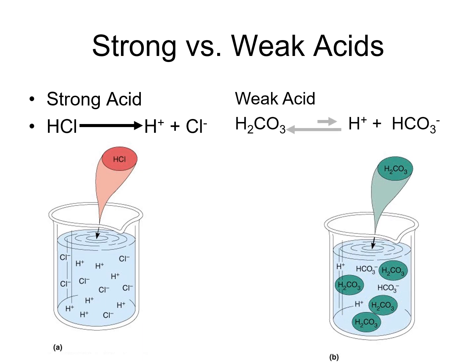Let's contrast that with a weak acid. What makes a weak acid a weak acid? Well, this is carbonic acid. If we were to place carbonic acid into a solution, most of it would remain carbonic acid. Only a small amount would actually ionize. So you'd only have a small concentration of hydrogen ions actually free roaming around in a solution.